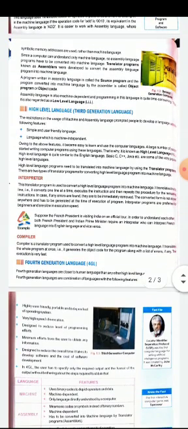High level languages also need translator programs to convert into machine language. Here two translator programs are used to convert high level language into machine language. They are interpreter and compiler. First, what is an interpreter? An interpreter is a translator program which translates the program line by line and shows the error at that time only.